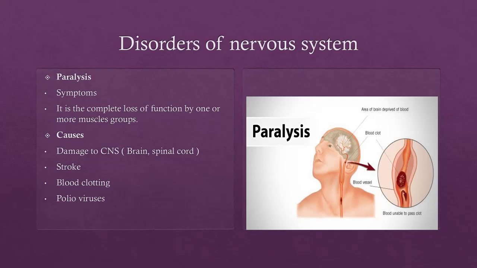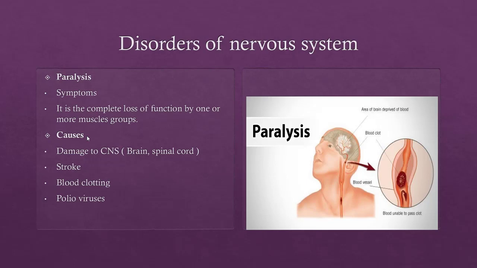So dear students, paralysis is a loss of muscle function in the part of body. It happens when something goes wrong with the way messages pass between brain and muscle. Symptom: it is a complete loss of a function by one or more muscle groups. Causes: